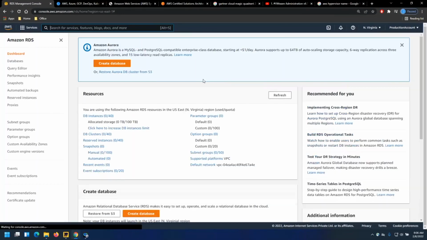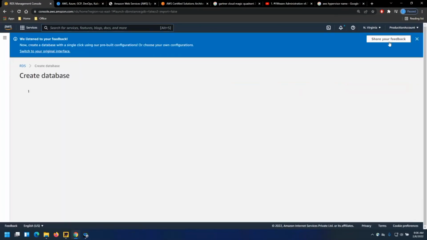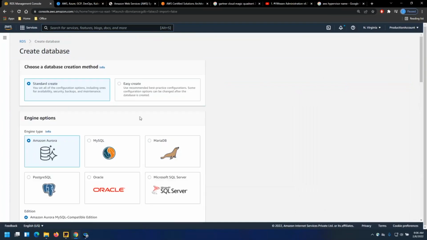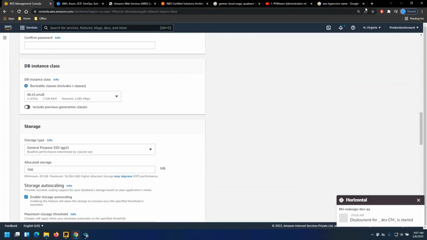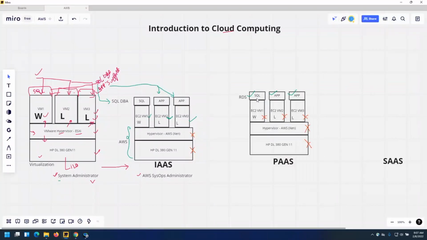I'll show you what all the things that we can perform later on, but just to show you, create a database. SQL is needed now. Just select the SQL and proceed with next operations and done. That's it, right? So I'll create a RDS. I don't bother whether it is running a Windows server or Linux server in the backend because I need a database. That's it. I am not responsible for backend servers. I am not responsible for rest of the things. So all these things will fall under your AWS scope.